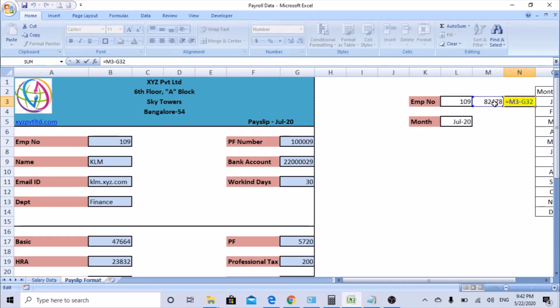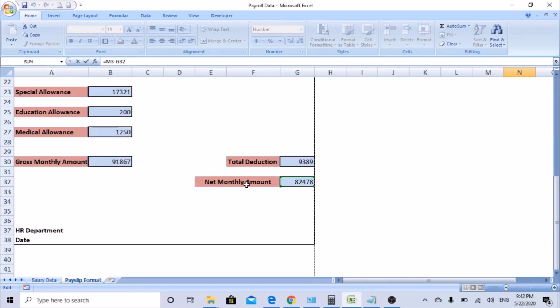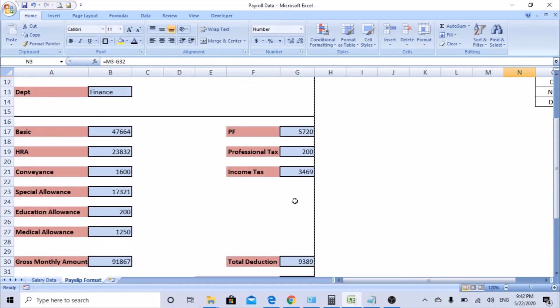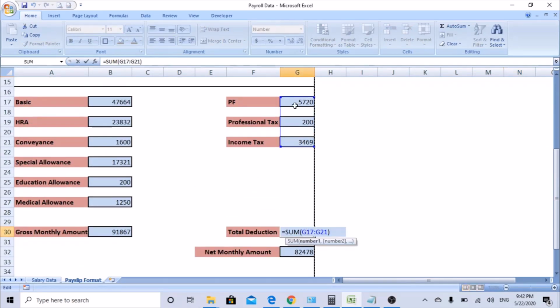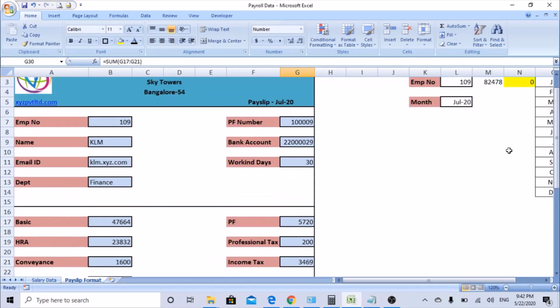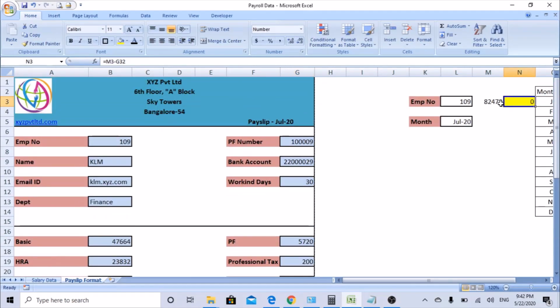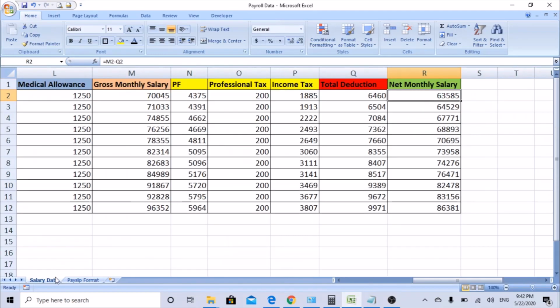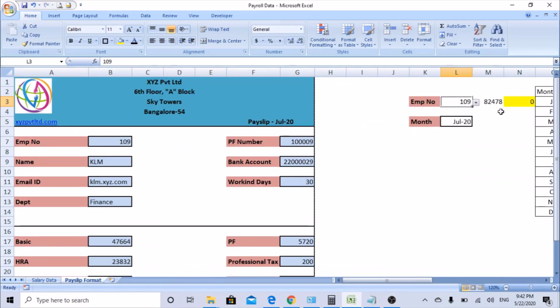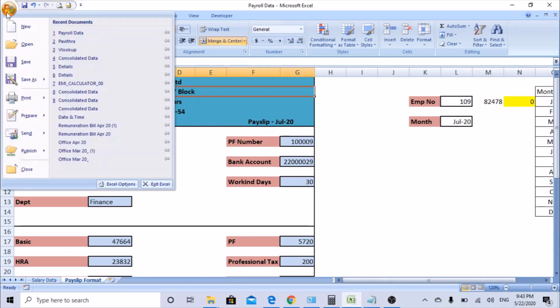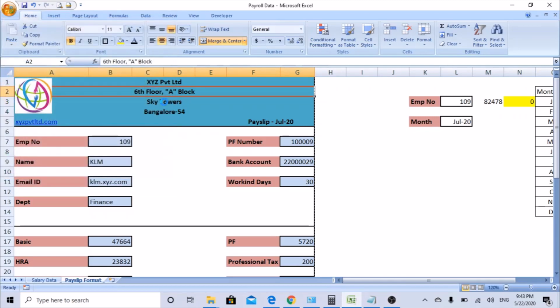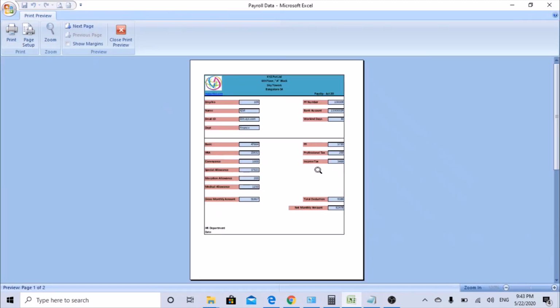So what I did is, this is the total I have picked from the salary data, and I am minusing the net amount. So if something somewhere a formula is deleted, or something has happened, it's the checkpoint. We can know that if it is 0, then the data in the salary data total is matching correctly. If there is a balance, then something is wrong. So once you have selected this, go to print view. Now you can see the total is taking correctly.